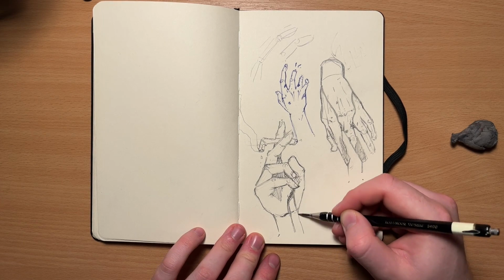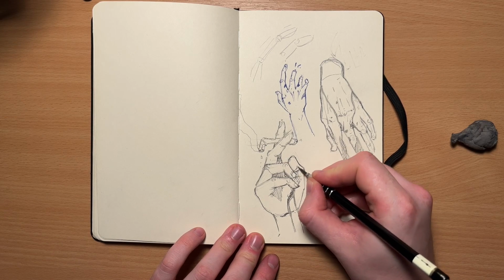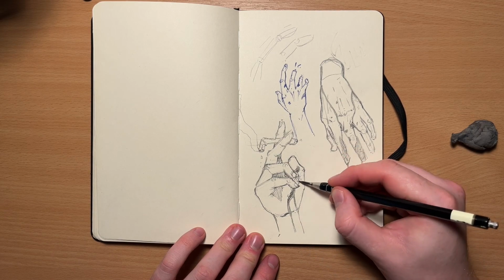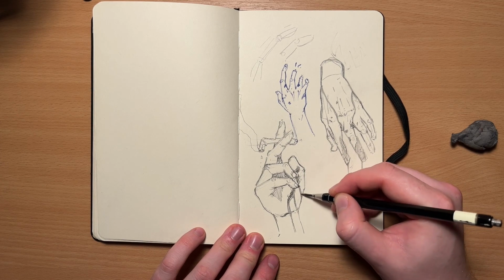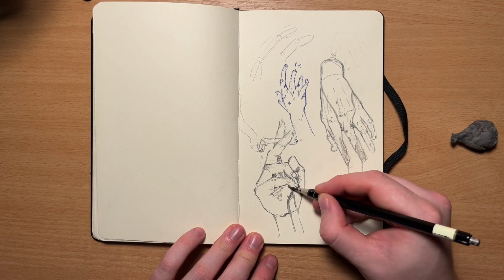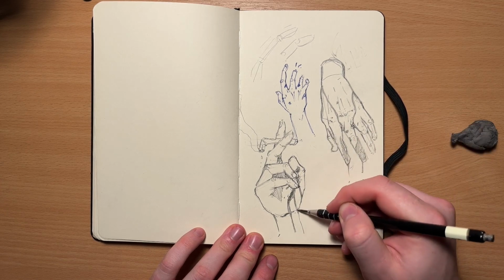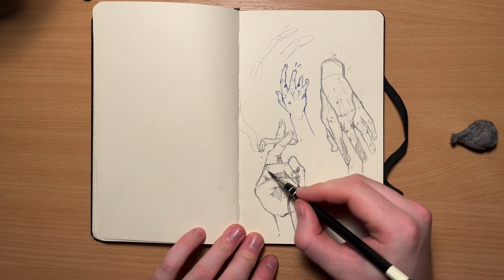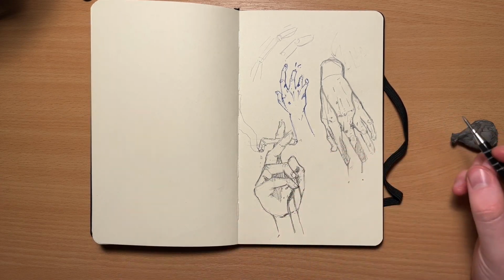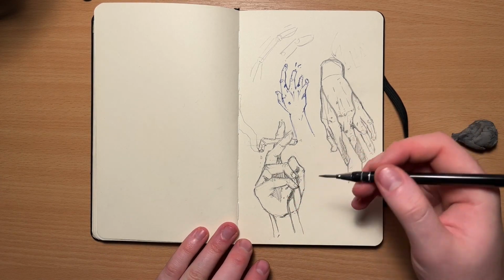Actually, we'll give him the exact same cut right over here, just as a way of me signing this picture that we just did of a random hand. That's our signature on here. So most of these hands, rather than being zombie hands in the end, just ended up being covered in blood. But